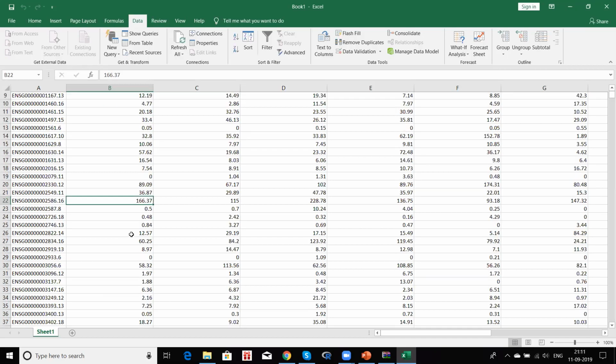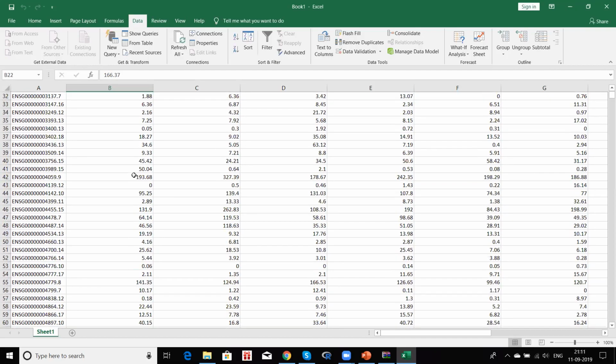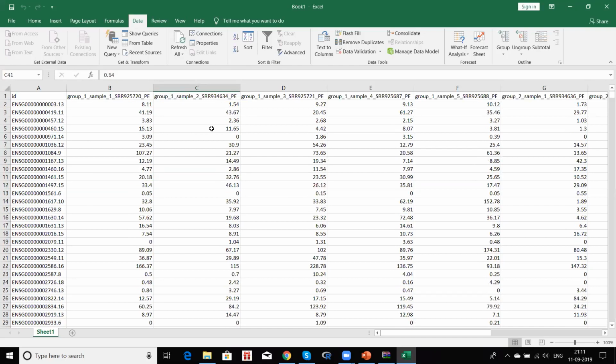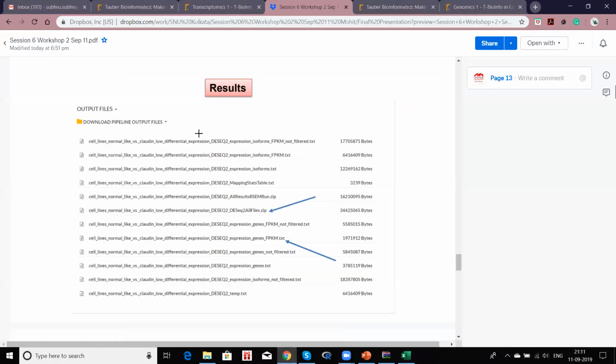If you go further, you will see there are much bigger values like 193. And here I can see it's 0.64. So don't you think it is similar to measuring something in terms of kilometers and miles? They are not in the same scale. So what we need to do is first bring this expression into a similar scale